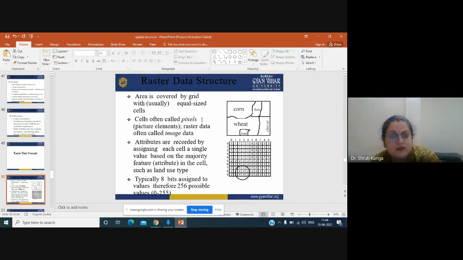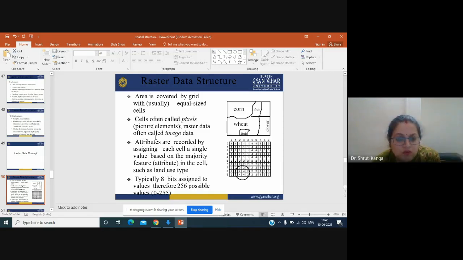Now these cells are often called pixels. In normal language, a pixel is the smallest entity to capture any picture. What is a pixel? This is the smallest unit to store a data set.